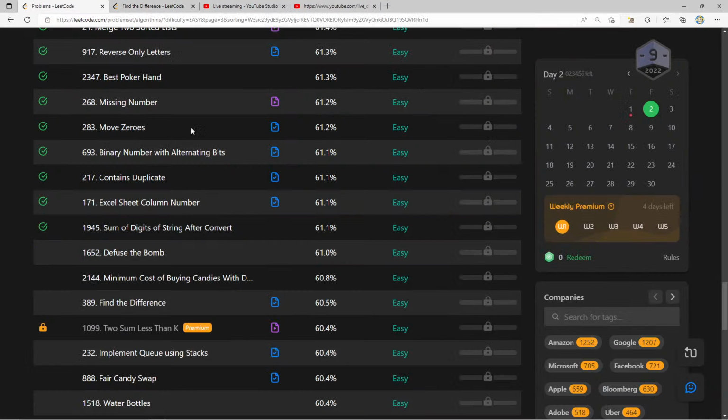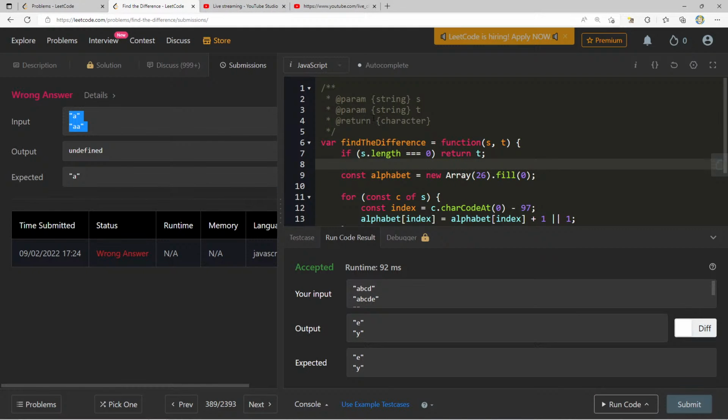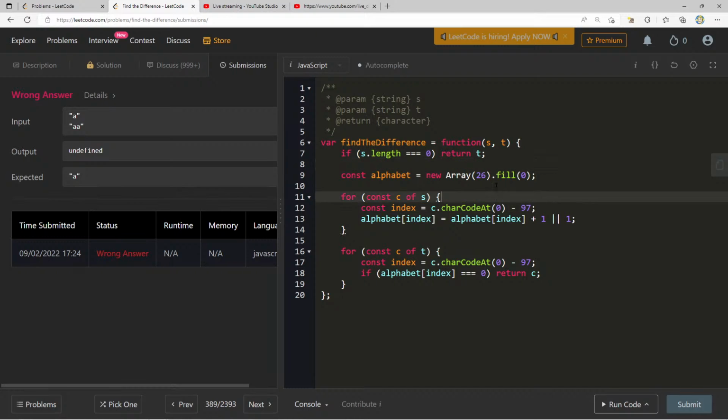Of course, I should have thought that you can have more than one character. So it's not so much that. I guess the frequency needs to be the same. So if alphabet of index equals 0, can I do both of these in one? If it's equal to 0, that means we found it at e, but not the other one. We can return c. Or if the alphabet at this current index,